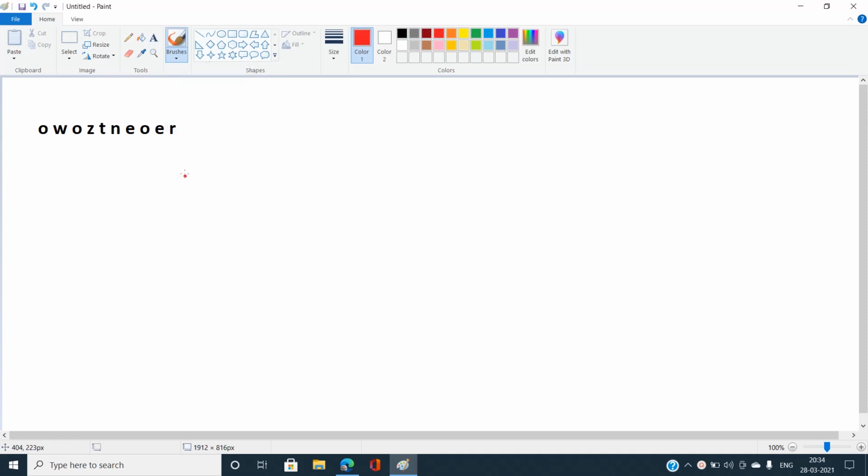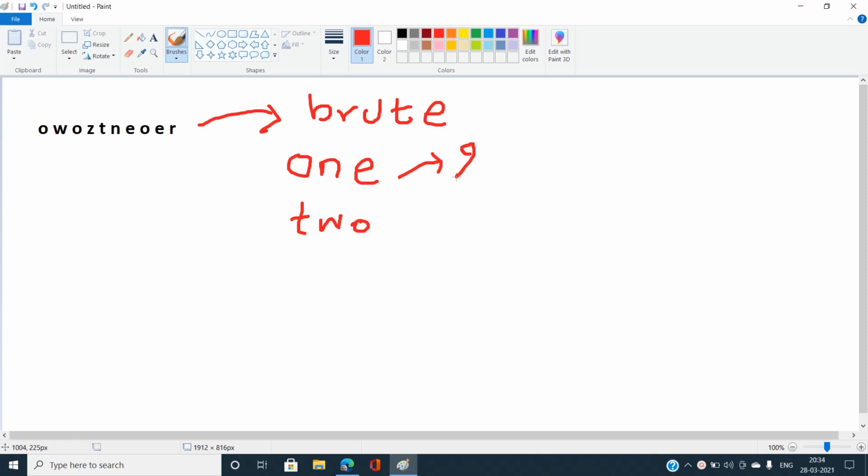The first idea that clicks in our mind is, can we do this problem using brute force, or traverse all the cases and find out the answers? Like let's check if 1 exists, like ONE, and let's check if 2 exists. But you can see there can be multiple ones, so its frequency can be 2 or 3. The code becomes very clumsy, and it would give us a TLE verdict.